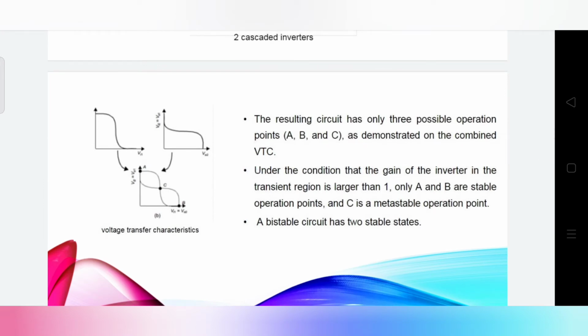A small deviation from this bias point, possibly caused by noise, is amplified and regenerated around the circuit loop. This is due to the gain around the loop being larger than 1. A small deviation is applied to VI1 biased in C. This deviation is amplified by the gain of the inverter. The enlarged deviation is applied to the second inverter and amplified once more. The bias point moves away from C until one of the operating points A or B is reached.